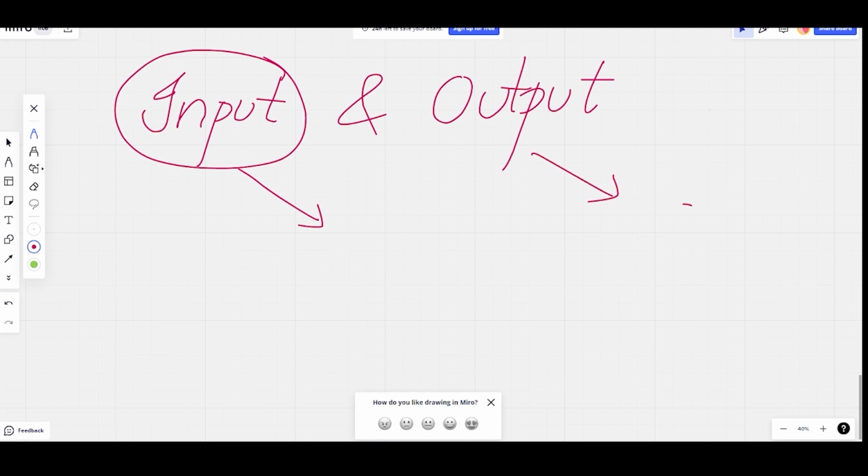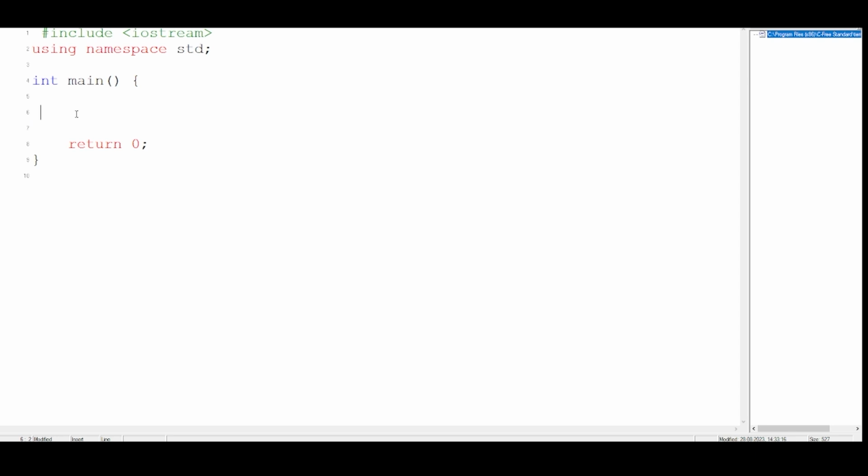Output, you already know that we use cout and we give this bracket, right? But for input we change it: we write cin, that is console input, and we give the reverse of that bracket. So let's write a very simple program so that I can explain exactly what we are doing. First I will make a variable. Let's write int a, and I have to take an input on this variable since it is an integer data type. So I will take a number and after that I will simply display it to the console.